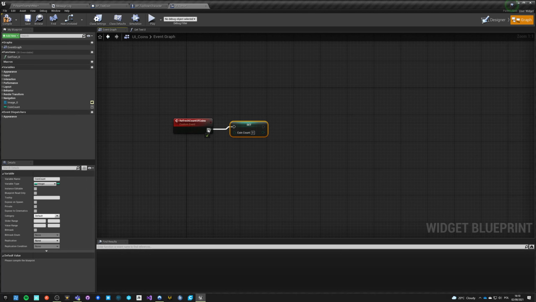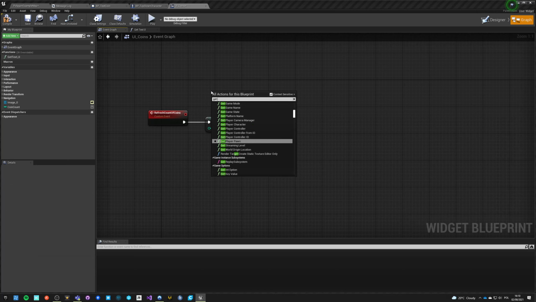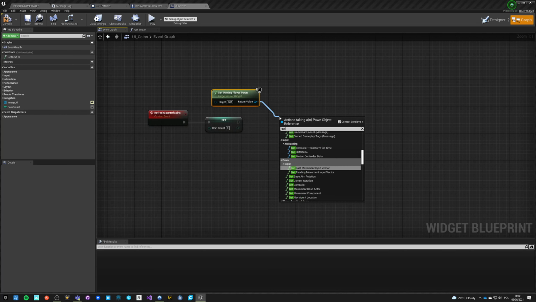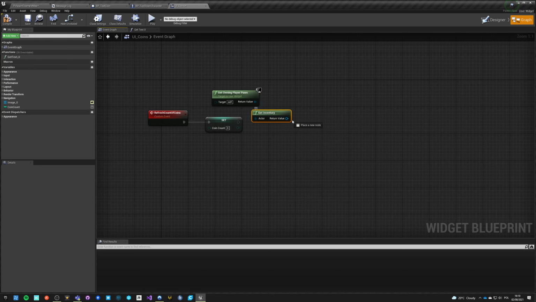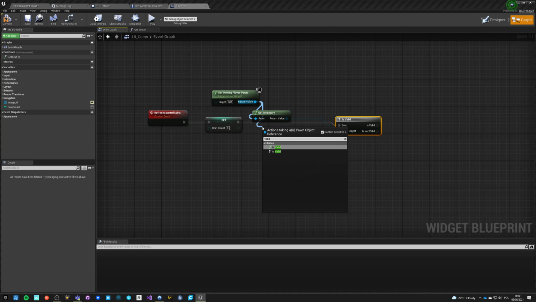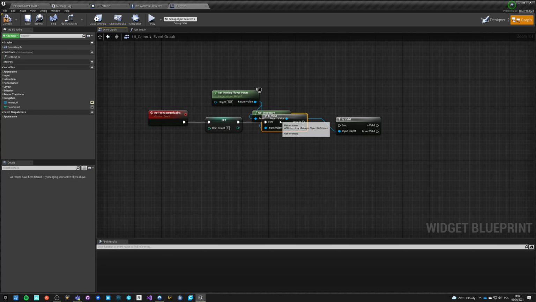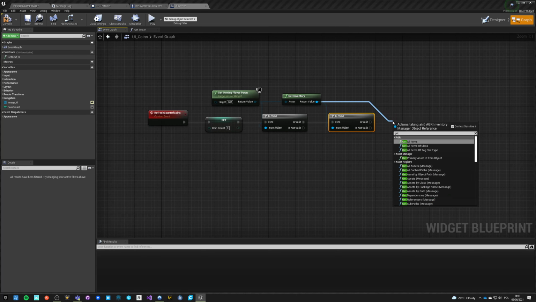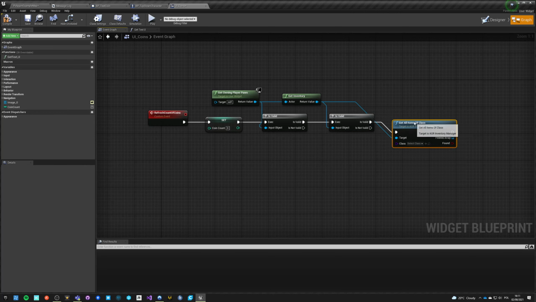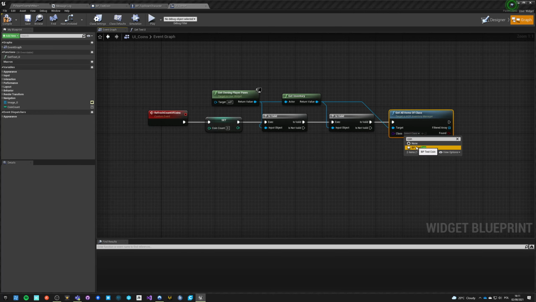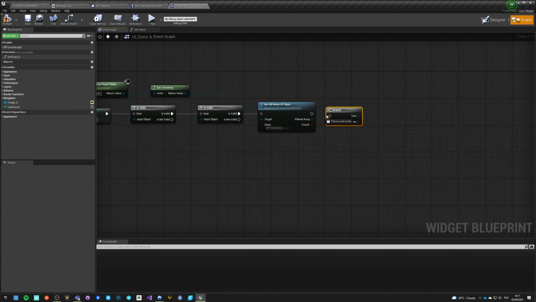So yeah, set it to 0 and then get owning player pawn. Here it is. Don't get component by class. I can get inventory directly. I can see if it's valid. I don't need to check owning player pawn because it doesn't have to always be valid. So I check this if it's valid, and then I check this if it's valid. So if they are both valid, get items of class, and the class is my coin, so BP test coin, and if we have any coins